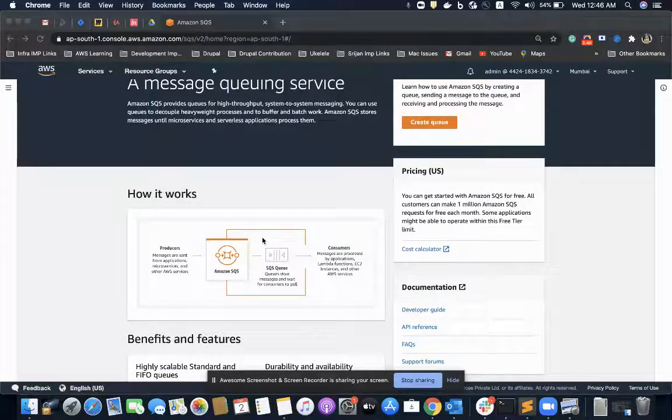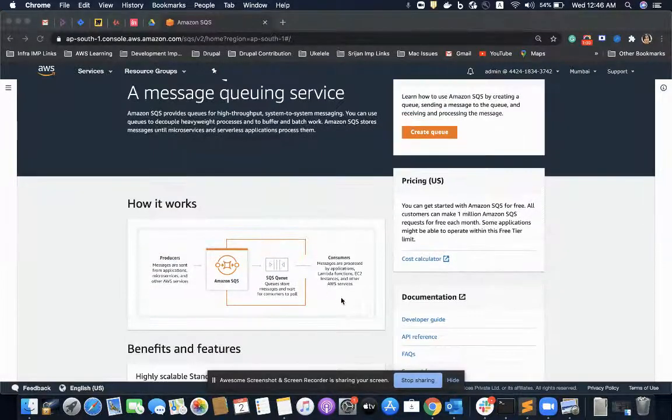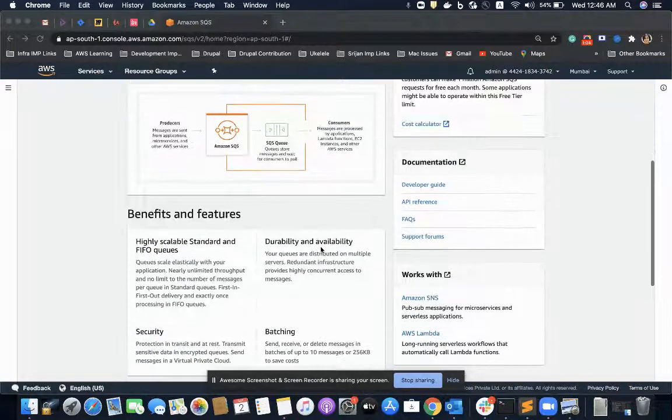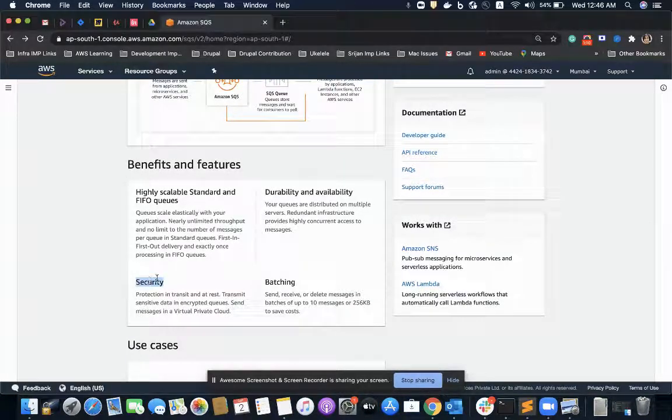This service has a lot of advantages, and we will also see what drawbacks or disadvantages this service has. So starting with what this service provides. This service provides a lot of security features, all the three features.